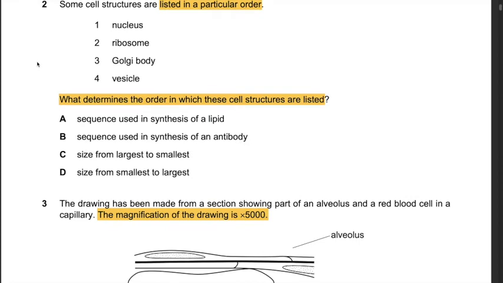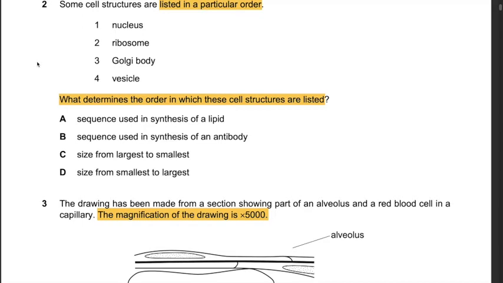Question 2. Some cell structures are listed in a particular order. 1. Nucleus, 2. Ribosome, 3. Golgi body, 4. Vesicle. What determines the order in which these cell structures are listed? If you look at cell structure 4, vesicle, vesicle formation is involved in either exocytosis or endocytosis. Therefore, if we go to the options A, B, C and D, option B talks about the synthesis of an